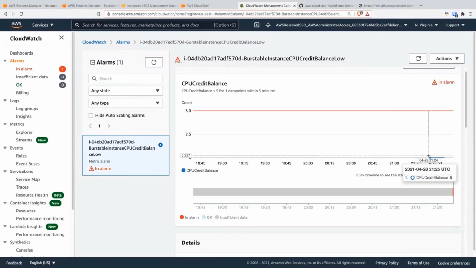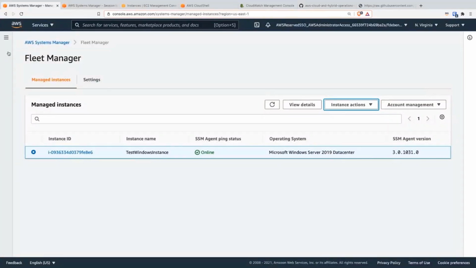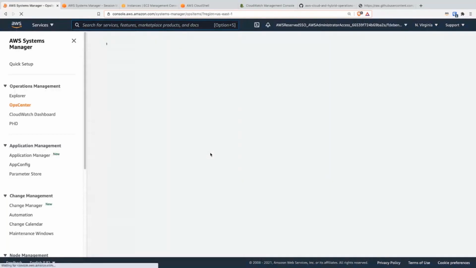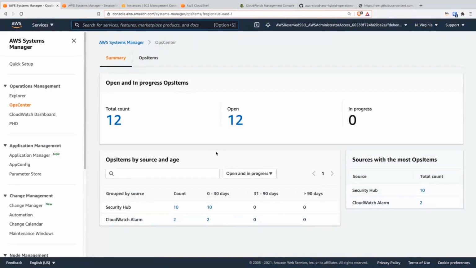As you can see, the alarm has settled already because it has the data points it needs, and it's showing me in alarm, right? So this in alarm must have created me an ops item here, in OpsCenter. There you go. I have a couple of alarms from Security Hub, which has nothing to do with this. And we have my CloudWatch alarm. If I click down,